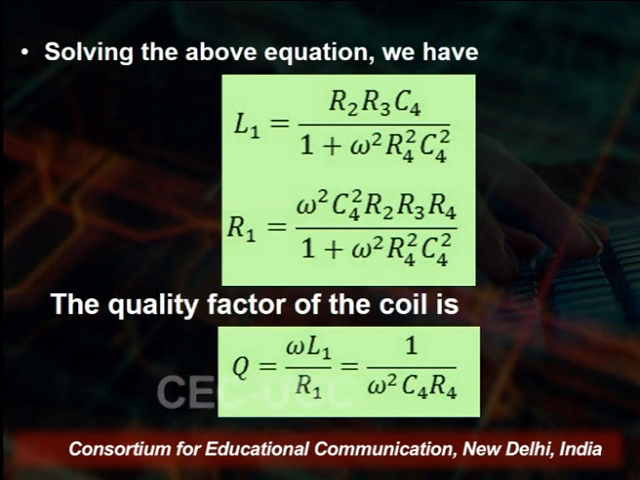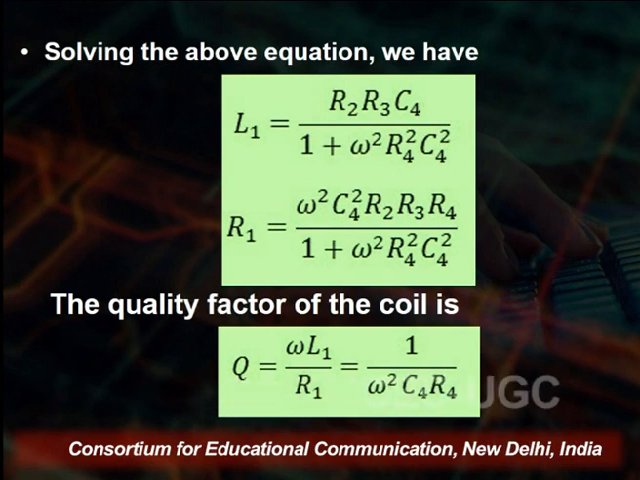Here we are balancing the two values R4 and C4. Now R1 we can get as omega square C4 square R3 R2 R4 divided by 1 plus omega square R4 square C4 square. In this manner we can find out the value of the inductance and resistance L1 and R1, that are unknown to us, and the quality factor of the coil, that will be Q is equal to omega L1 divided by R1, or we can write it as equal to 1 by